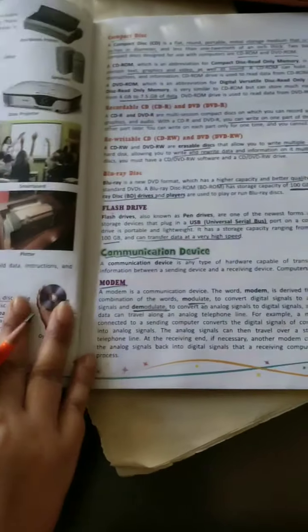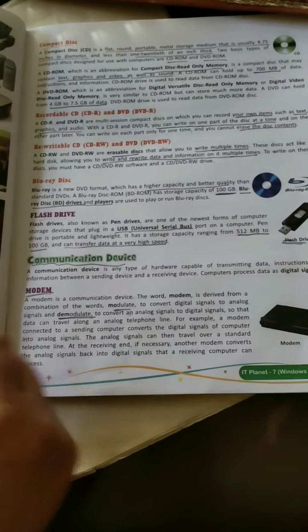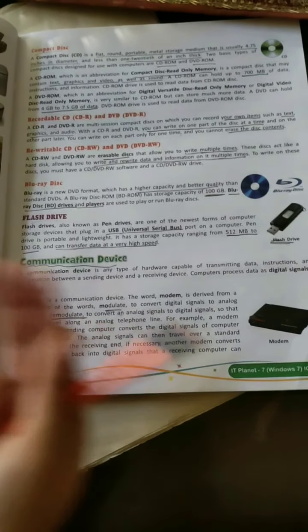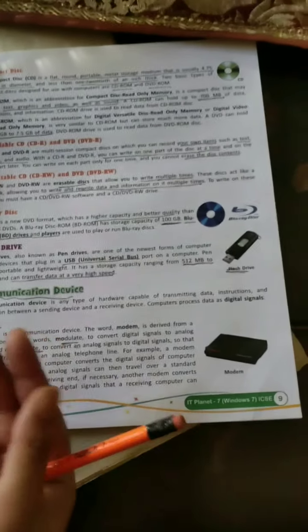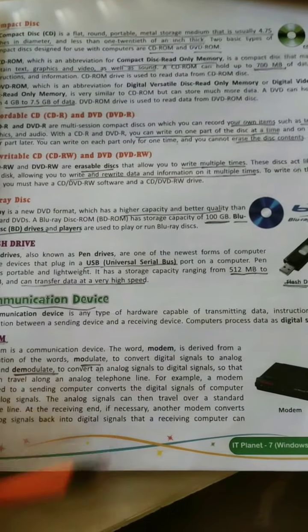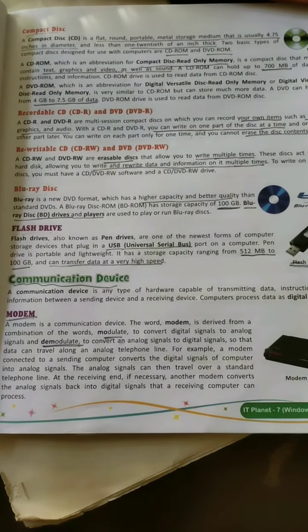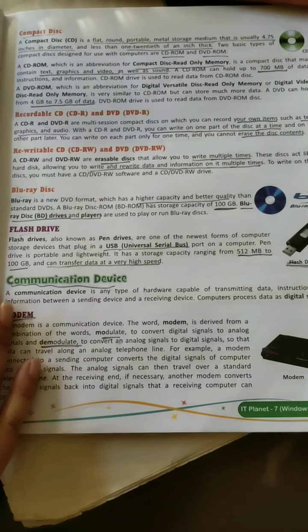Child, now let's review what we had gained from the given chapter. In this chapter, we learned about computer, hardware, input devices. In the input devices, we learned about keyboard, mouse, and the other input devices. Next, we learned about the output devices. We learned about speakers, plotters, monitors, printers, categories of printers. After that, we came to know about storage devices. Storage devices help you to store data, their categories, and in the last we learned about your communication devices.